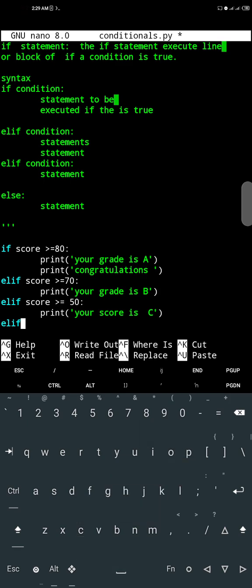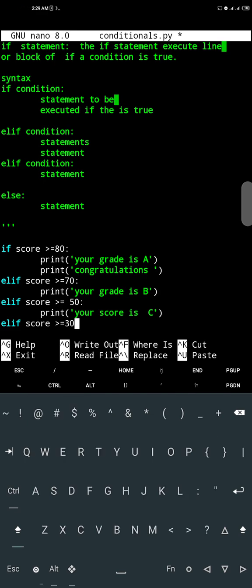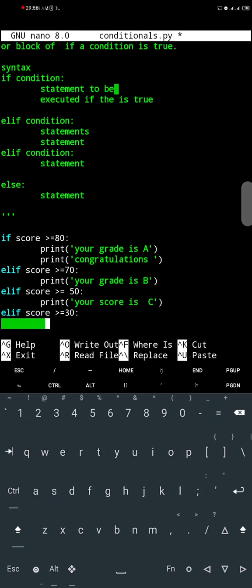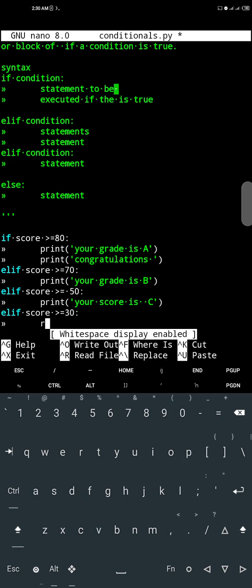So I will just continue till my conditions are done. So elif score is greater than or equals to 30. Let me just use 30. I don't know how a really great student would be graded. I'll just use this as a D. 30 should be D. So I'll just print